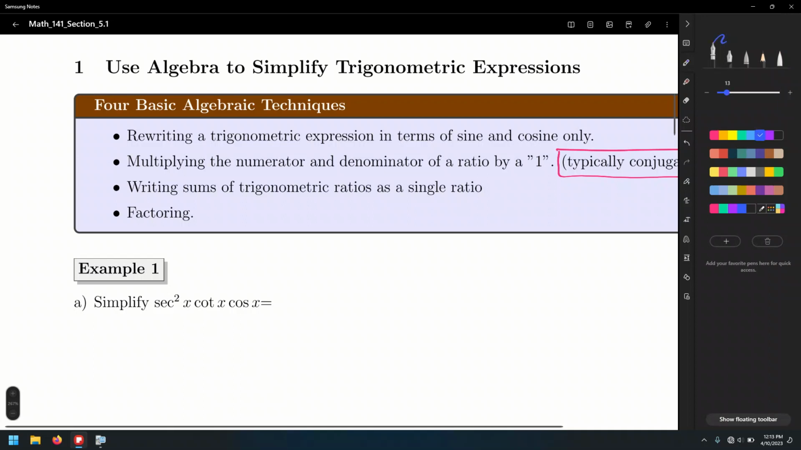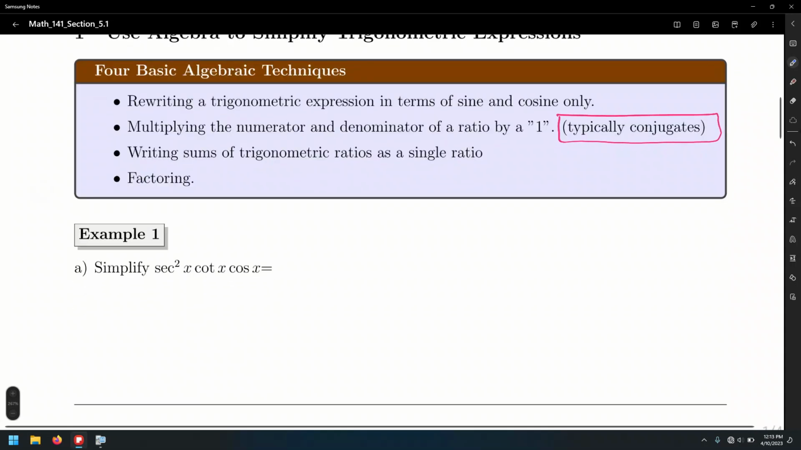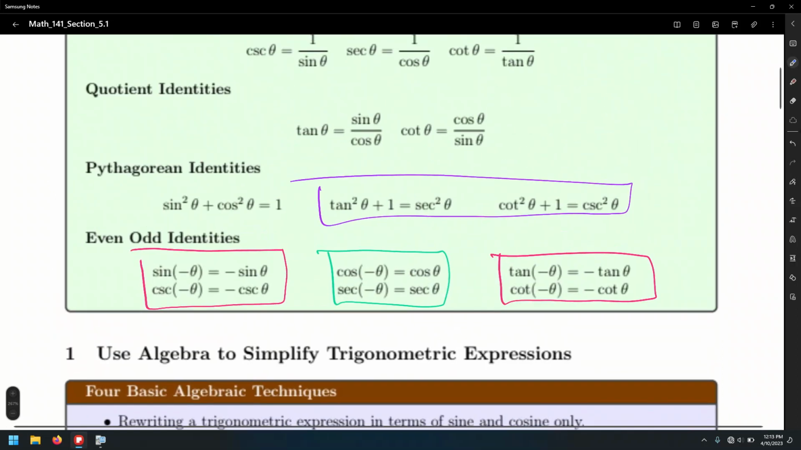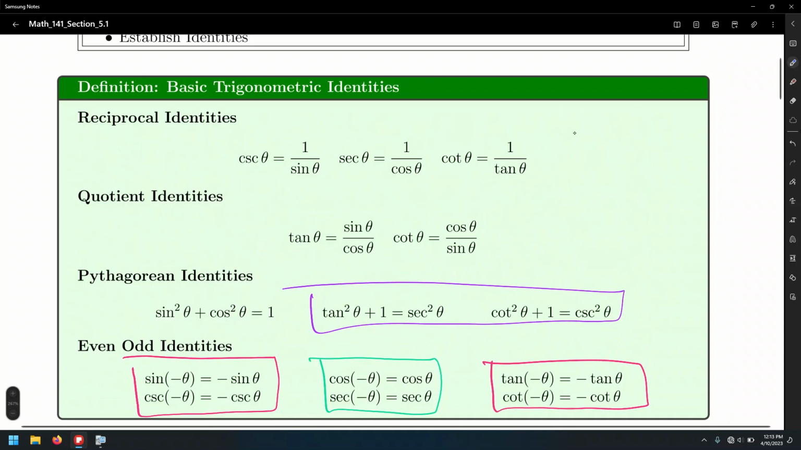Here I'm going to go with the first technique, which is to rewrite this trigonometric expression all in terms of sines and cosines. All right. So we know that the secant quantity is the same as saying 1 over cosine. Well, for example, these identities here also work